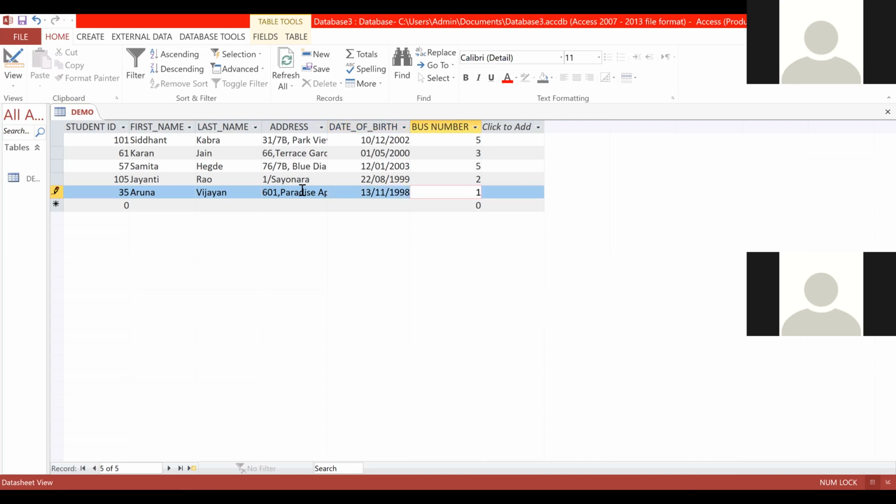Bus number 1. Okay, again Control S, saved, right?